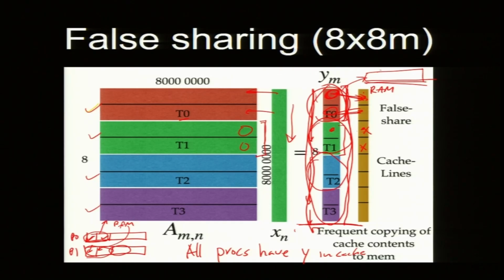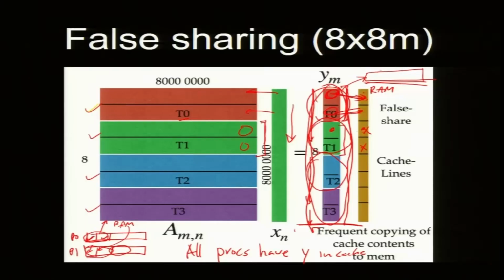Got this? This is a problem. This is because of false sharing. This is called false sharing. Unfortunately, the full 8 numbers are there in the cache of each of the processors, and they can see their memory. So what does P1 see? P1 sees the RAM location.